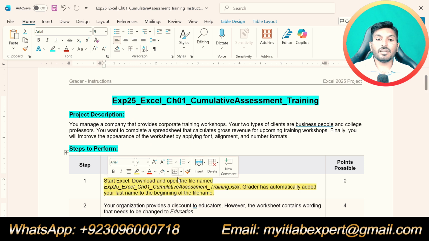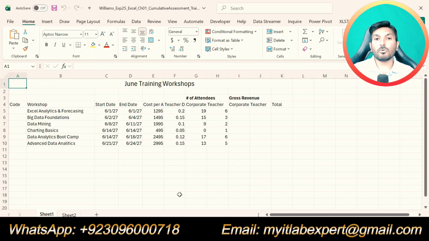Step number 1 says start Excel. Download and open the file named EXP25 Excel Chapter 1 Cumulative Assessment Training. Grader has automatically added your last name to the beginning of the file name. This is the Excel workbook that we are going to use to solve this assignment.